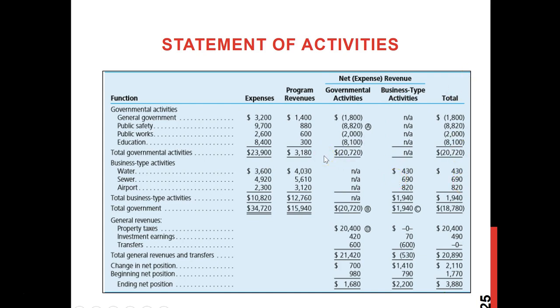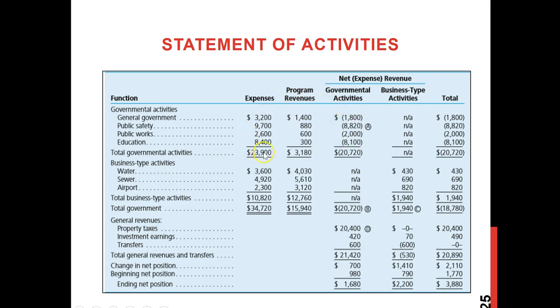So now if you want to focus only on the governmental activities, it's kind of a matrix type of presentation. This is basically the governmental column, and here, this first part, what I'm pointing at, is also the governmental column, governmental items. They will show all of their expenses and their revenues, and this is the net revenue. They don't call it net profit or net income, but we call it net revenue.